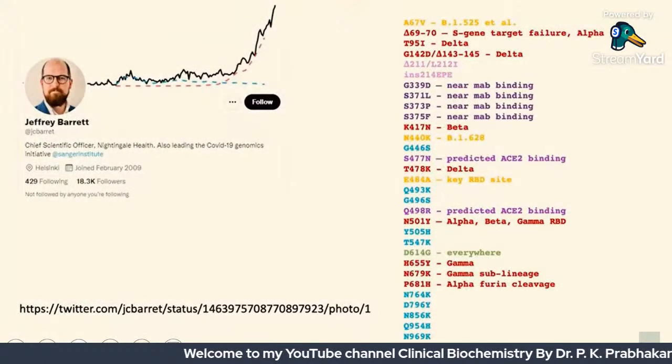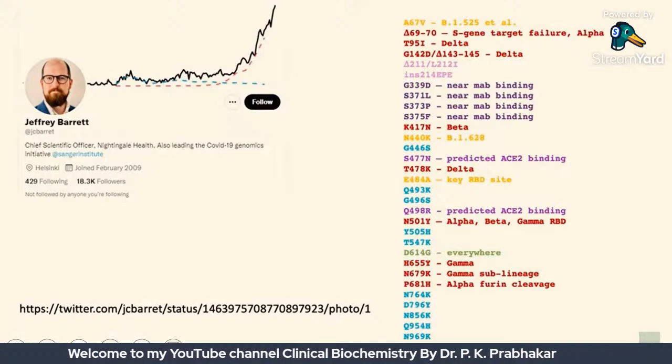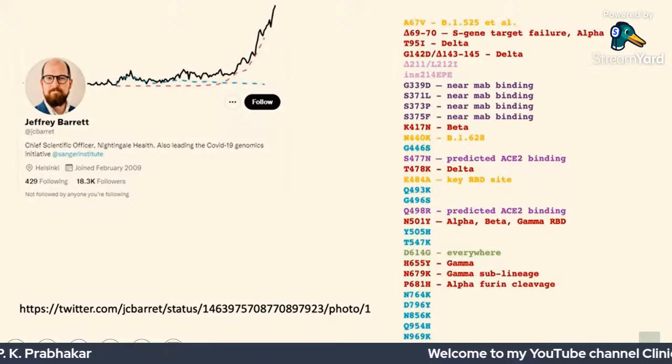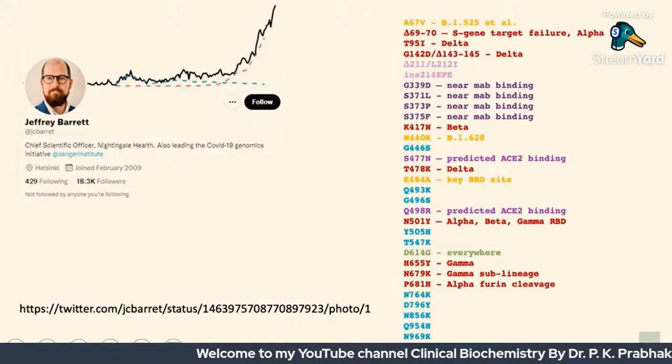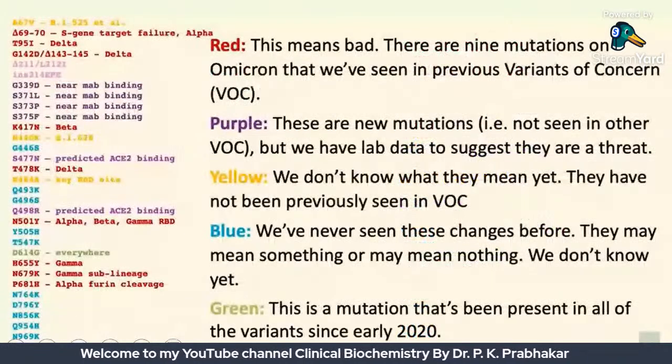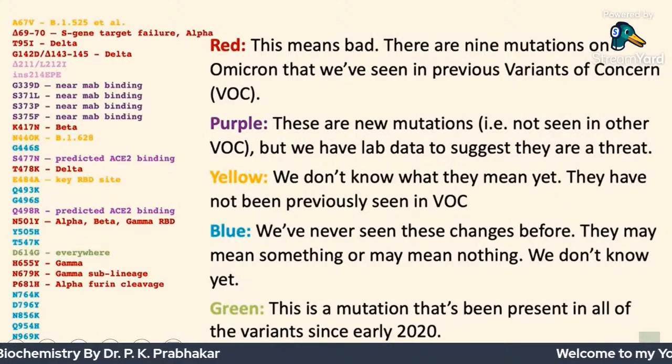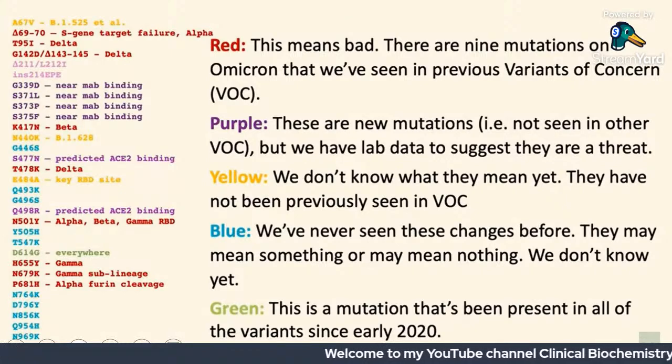This is Jeffrey Barrett, Chief Scientific Officer, who has tweeted on his Twitter handle the list of these mutations. Here is the list of 32 mutations, and different mutations have been given different colors, with different kinds of symbols. Where a red mutation is there, it means it is a bad mutation. Why? There are 9 red mutations on the Omicron that we have seen in the previous